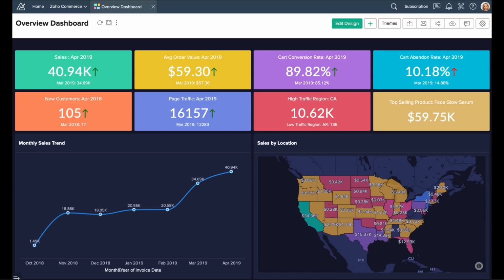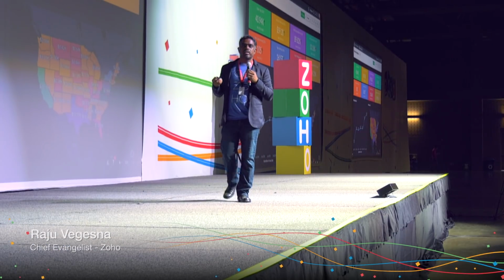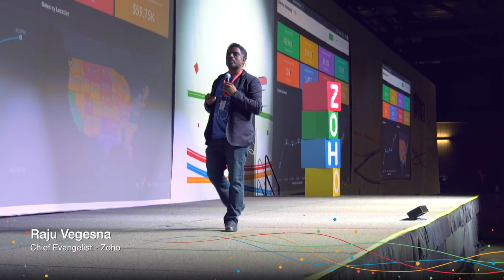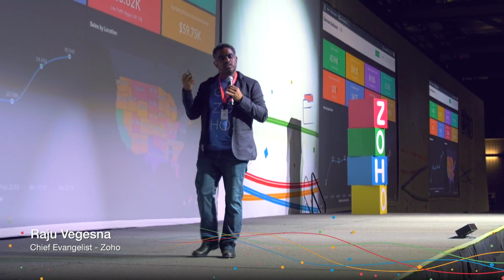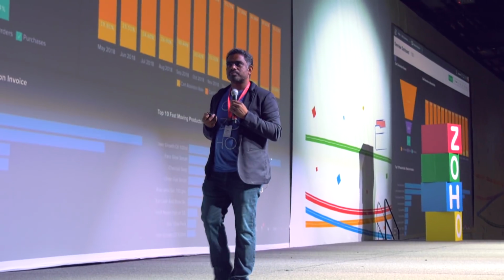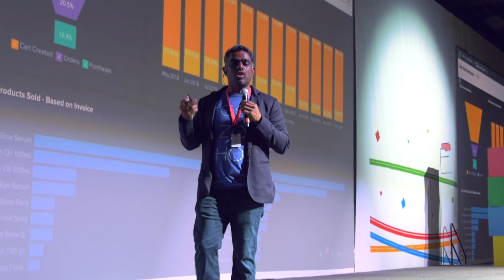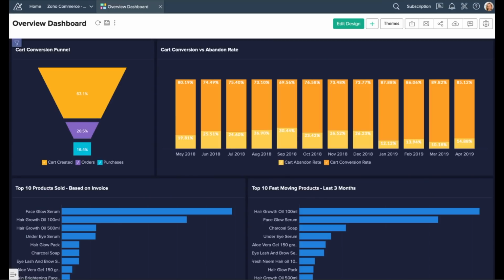You can click on the map, look at the Texas information, and see all the orders that have come from Texas through these interactive charts that we have as part of it. Want to combine the page traffic information with the backend information? Or you may want to get some insights into the average order value you're seeing on a per state basis. All of these are built into the analytics platform because everything at the backend is truly integrated. Or you want to see the trend of the abandoned cart? Well, you can do that as well.